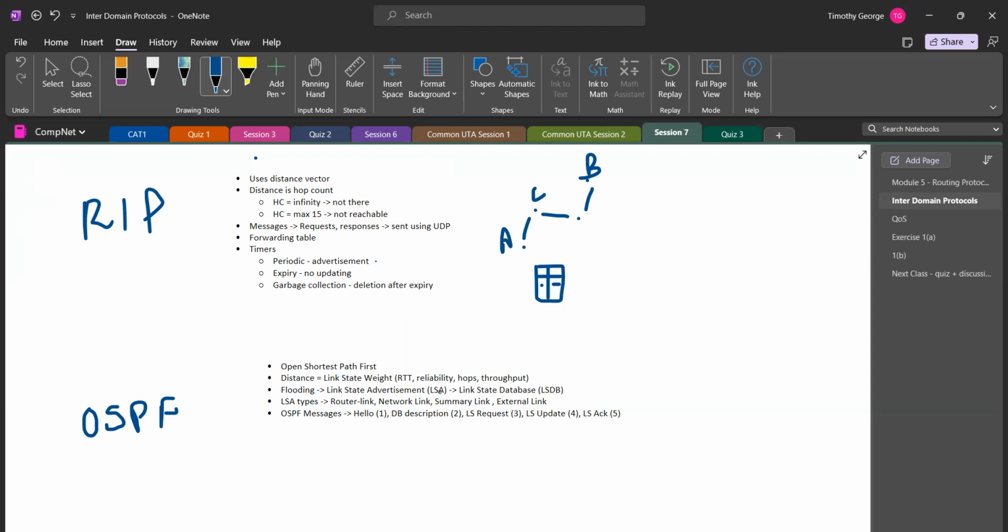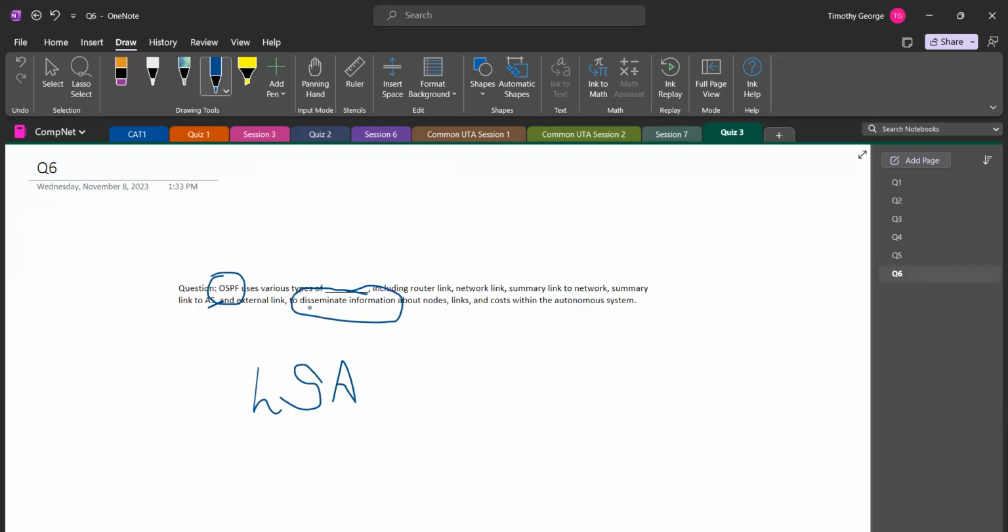What is that link state advertisement? It's something that sends information. The question here was something that disseminates information. So the answer here is actually LSA. So don't worry about when they say so many different types of things. These are all different ways that OSPF can give an advertisement for the nodes. So LSA is used to go from all the nodes. Each node will send its link state advertisement. It will pass through all the nodes, and then all the other nodes can get to know what is the state of that link, what is the reliability, what is the bandwidth, all those things,